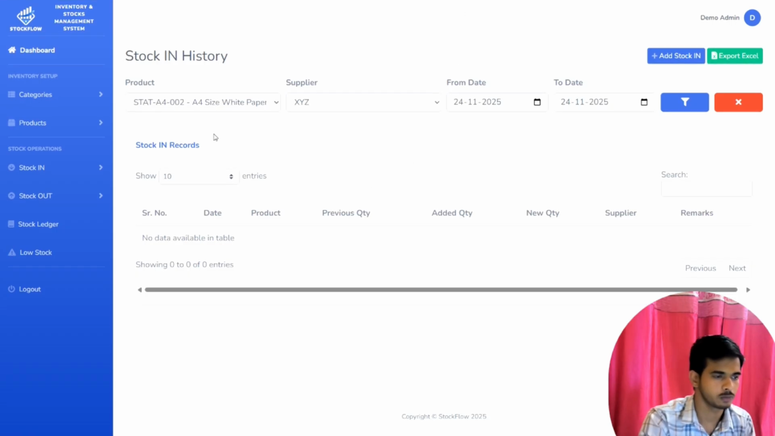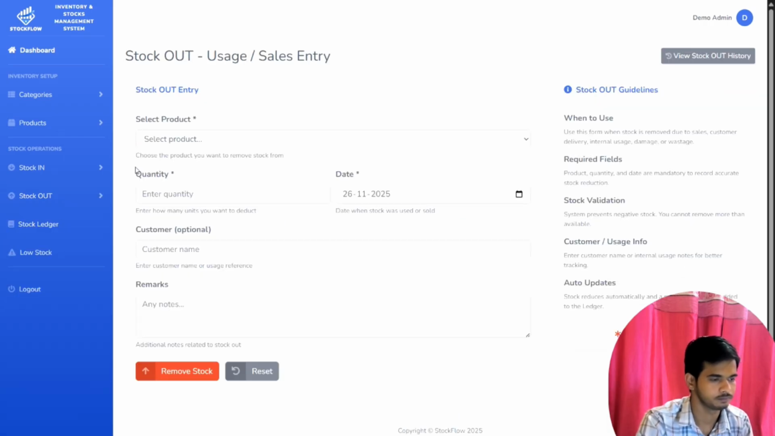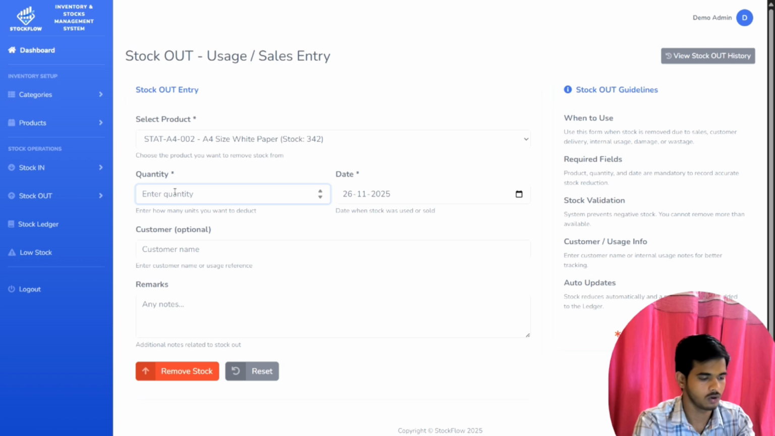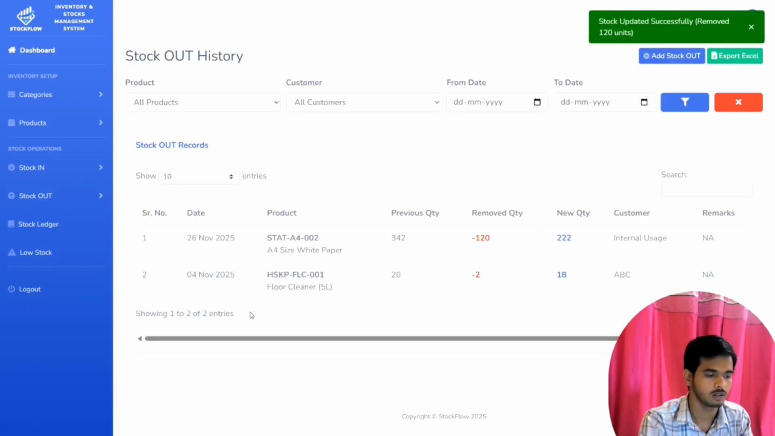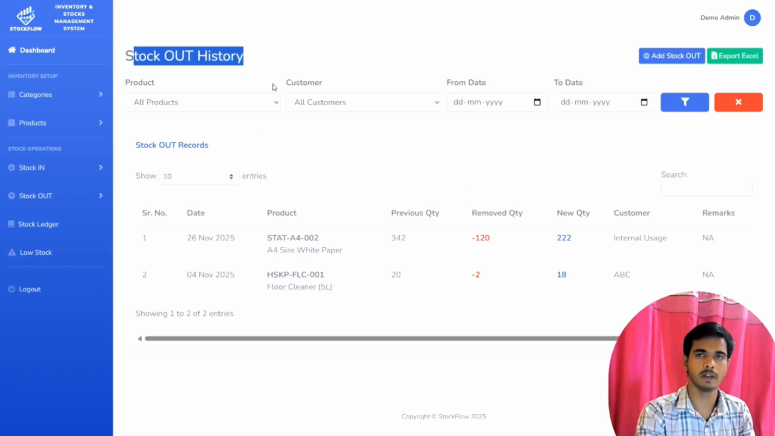Let's move to the next module, which is the stock out module. Here we have to select the product, the quantity that we are selling, and the date. Customer is optional, and remarks is also optional for any additional notes. After clicking remove stock, it shows stock updated successfully, removed 120 units, and here is the stock out history page which